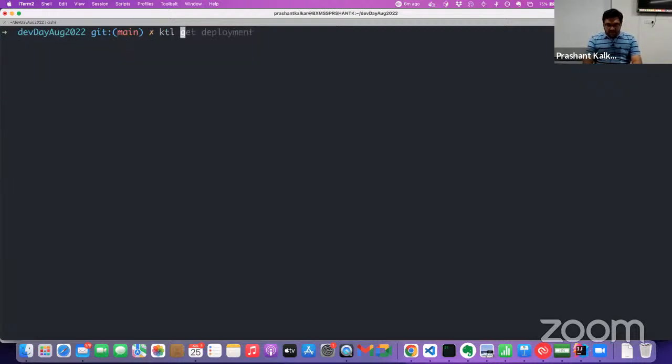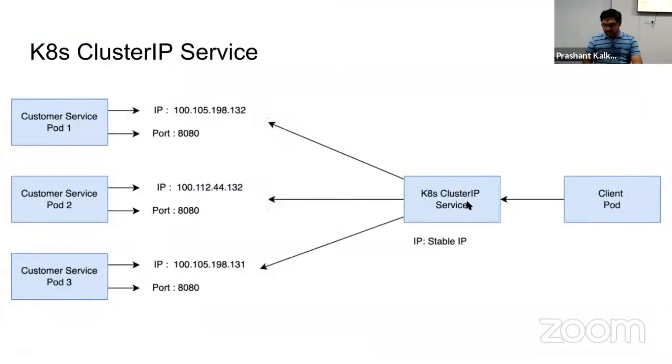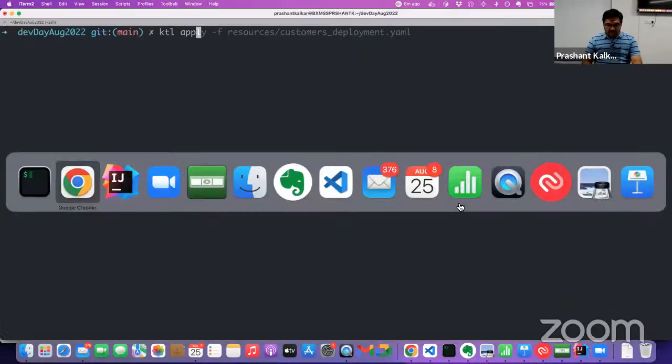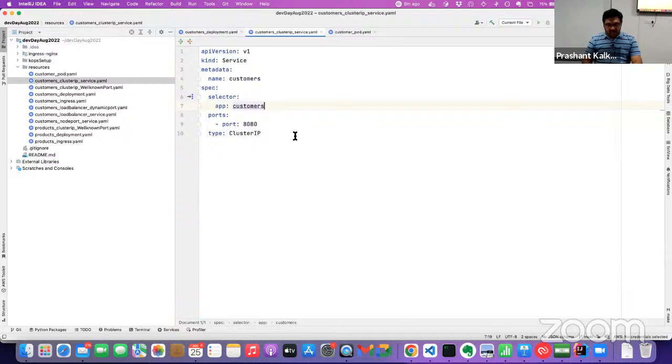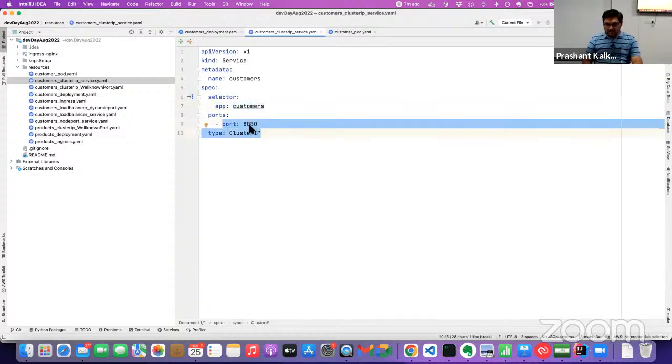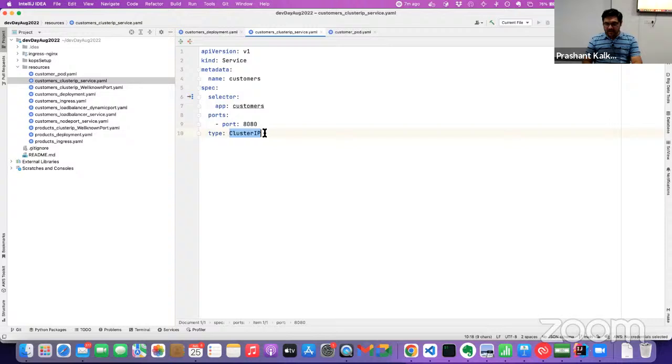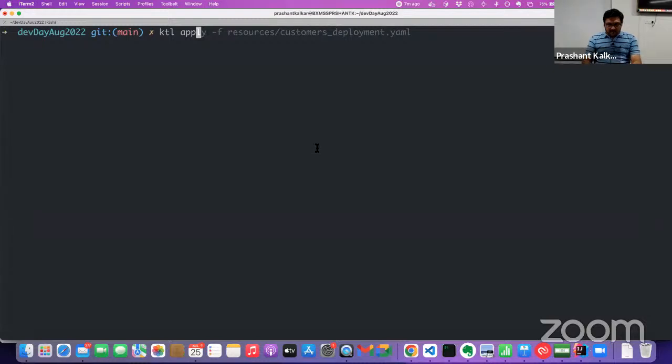Now we can create the service that we are talking about. Let's look at the service definition. All we are saying here is I want a service. It is called customers. It caters to all the pods that have an app label of type customers. I'm going to talk about the port, but the main thing here is that it is of type clusterIP. Now if I create this service,